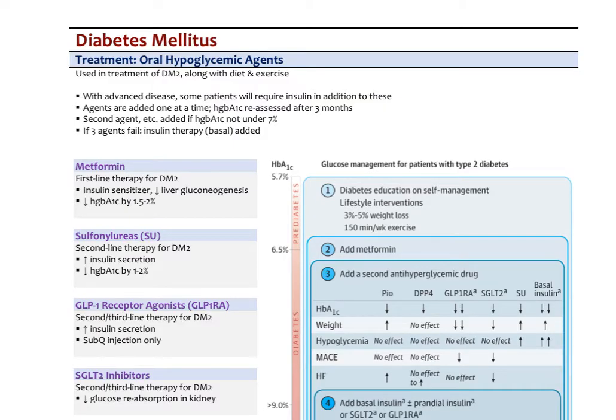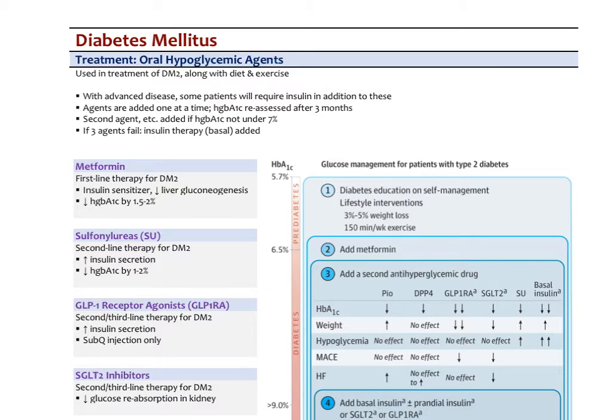So the hypoglycemic agents are sometimes referred to as oral hypoglycemic agents. That's again not quite accurate because one of them in particular is injected, but they're used in the treatment of type 2 along with diet and exercise and maybe some of the other adjunctive therapies I discussed in the last lecture. Again, in type 2, a lot of patients in later stage might require insulin,